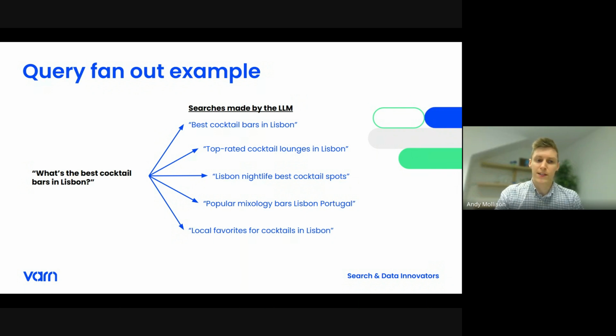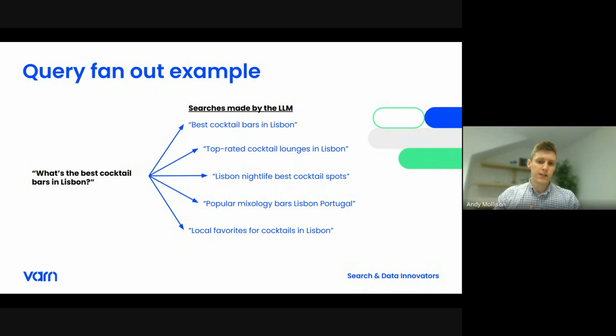If you were to ask what's the best cocktail bar in Lisbon, it's going to have to go and pull some information together to understand that. So what are the kind of things people might search for when it's looking for that? And this is real information taken from, I think, ChatGPT and how it looked at the subtopics it would look for. These are the kind of things it was searching for. And again, it's going to use Bing in ChatGPT's case to figure out these results,